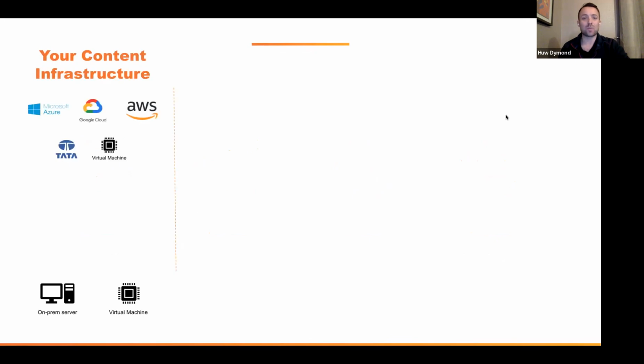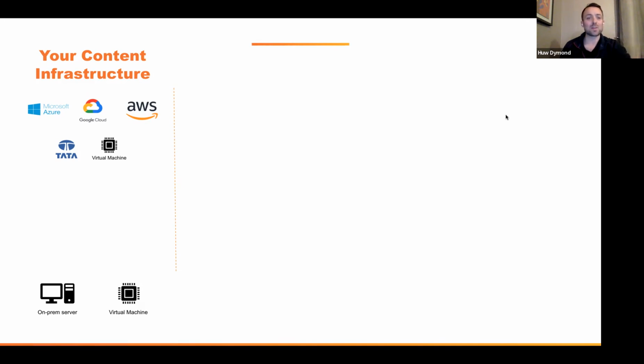So let's take a look at how we achieve this architecturally. Essentially, what we have within Blackbird is a number of different aspects, but it all starts with, as a customer, your content infrastructure, which is essentially to say that your media and your workflows, they've got to exist somewhere. So let's take a use case. Let's imagine I've got some live streams passing through potentially an on-premise encoder. And let's also imagine I might have a large repository of content sat in an S3